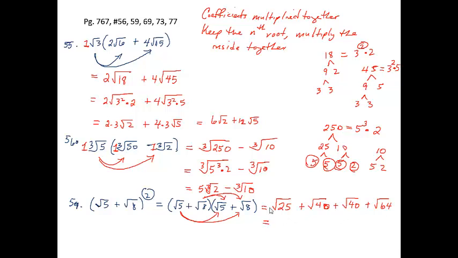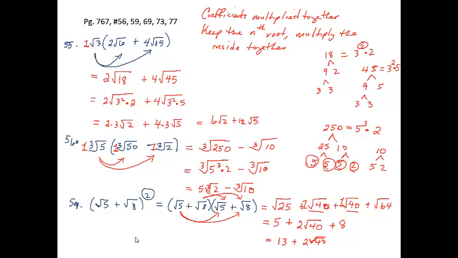So then the square root of 25 is just 5 plus, well, these are like terms, and since they are like terms, the rule is to keep the radical the same and add the coefficients together. The coefficients are 1, so 1 plus 1 is 2, so you have 2 square roots of 40, plus, well, the square root of 64 is just 8, and then put my like terms together, I have 13 plus 2 times the square root